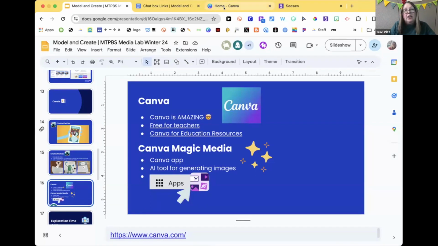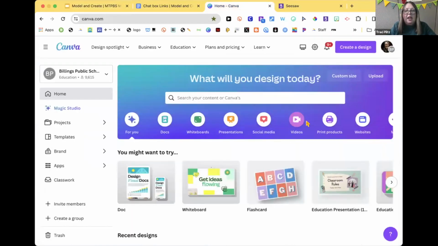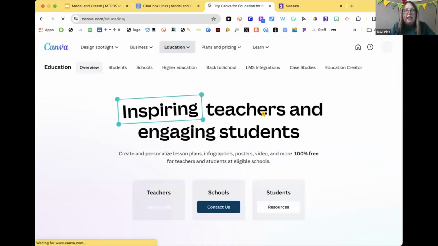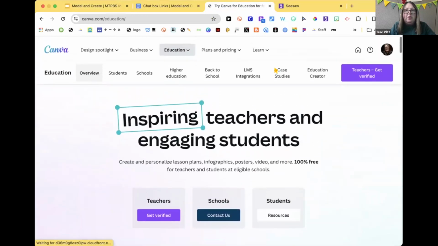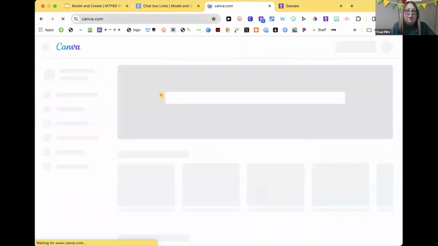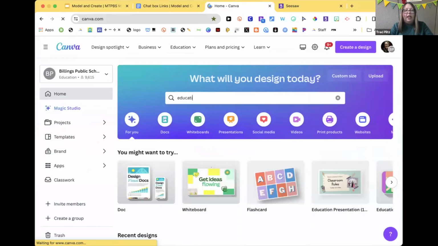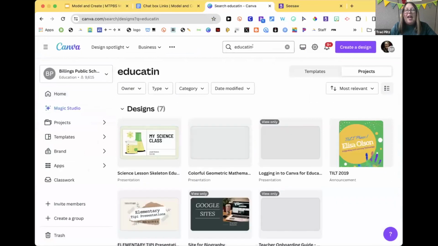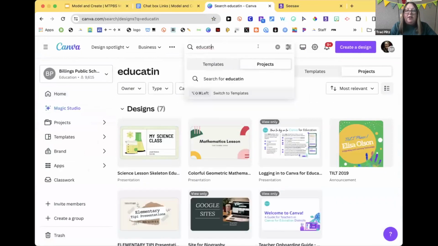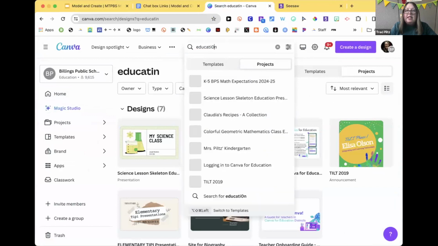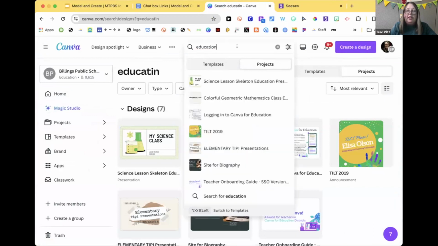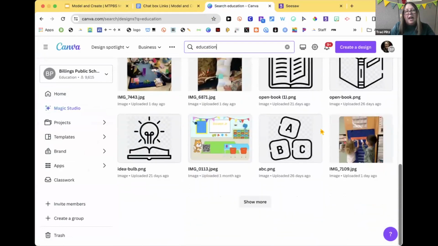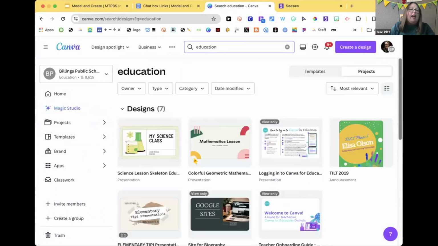If you haven't looked in Canva in the teacher part, if you just go into the teachers and schools section here and look through what they have, what I usually do is just type in education into this space here. Usually I spell it right. But if you haven't done that, just to search what they have available in here, it's pretty amazing. If you're looking for slides, templates,